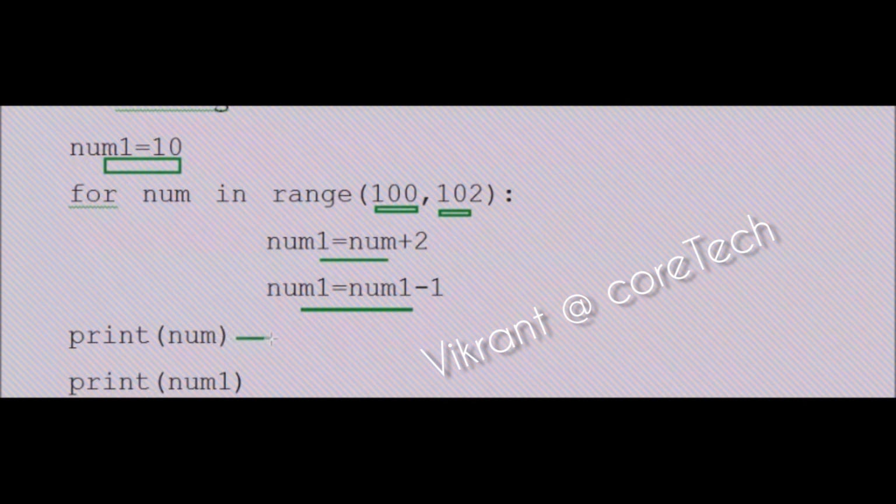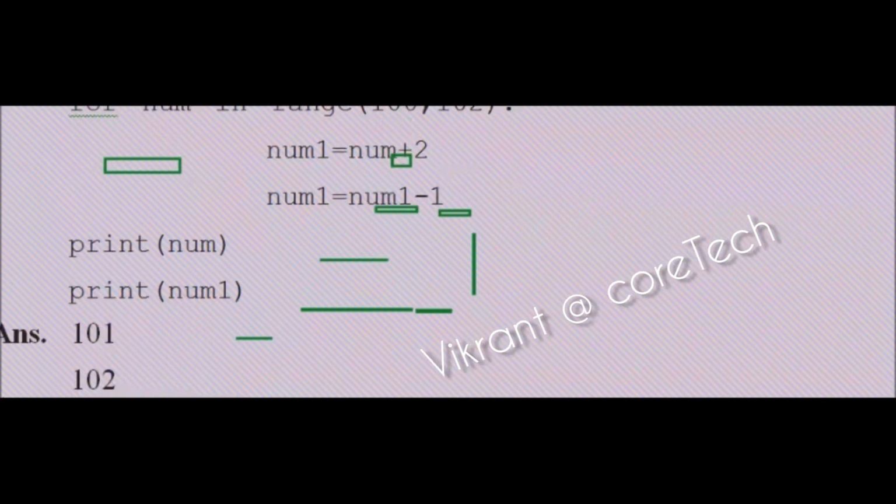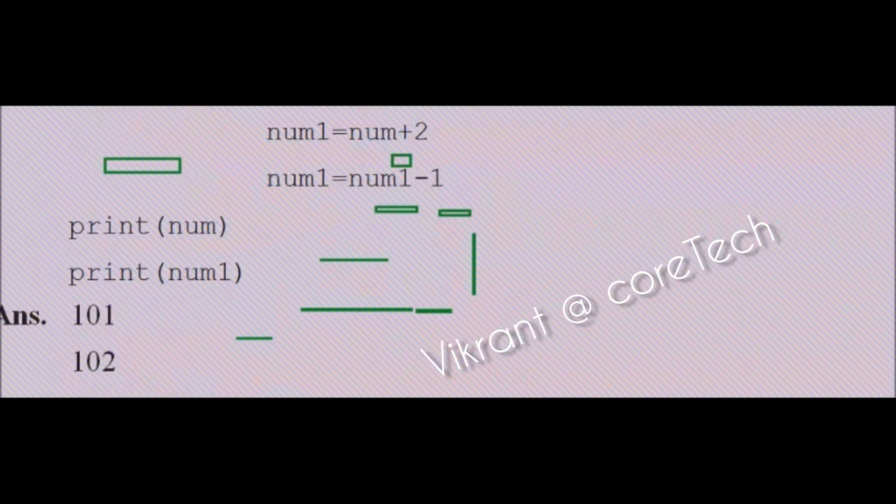So the output of the num, since 100, it will bring the change like reduce the value by 1, and the loop counter, when it gets completed, then the output will be 101, 102. Let's talk about the next question.